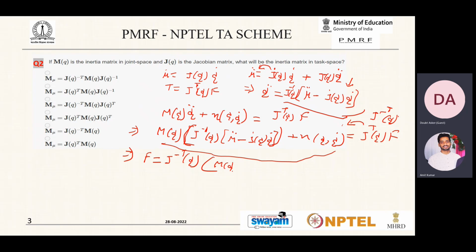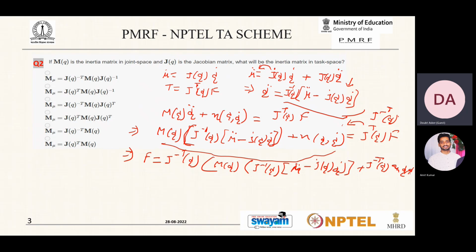So that will be M of Q and then J inverse Q mu double dot minus J dot Q dot plus J inverse J minus T Q eta Q dot,